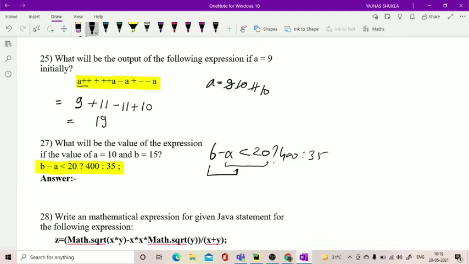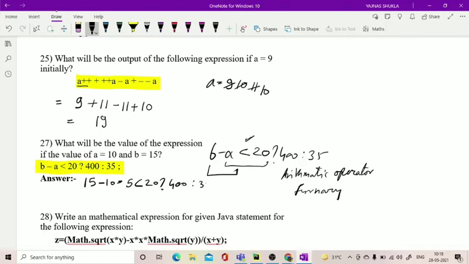We must know that the precedence of arithmetic operator is higher than ternary operator. So first B minus A will take place. B is 15, A is 10, equal to 5. That will be compared with 20, and as this condition is true, 400 will be the return value of this expression. So the answer will be 400.